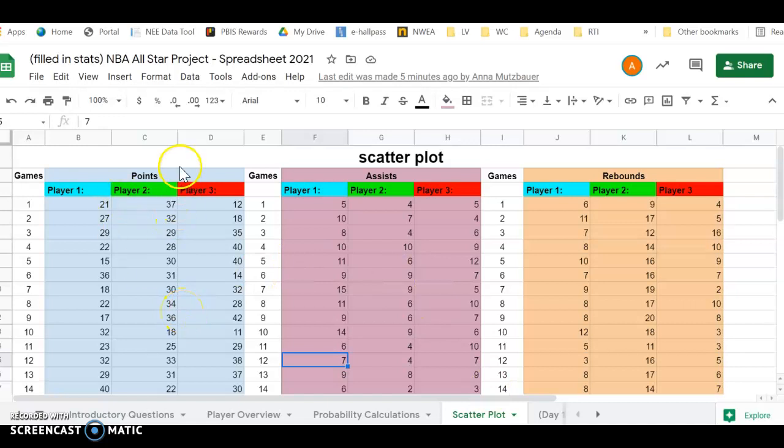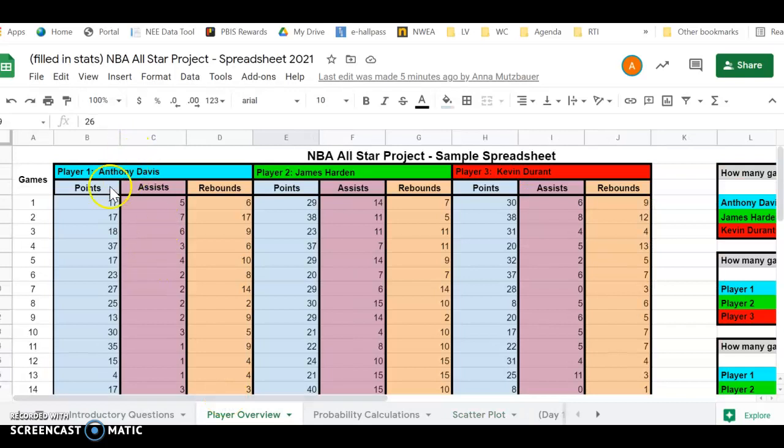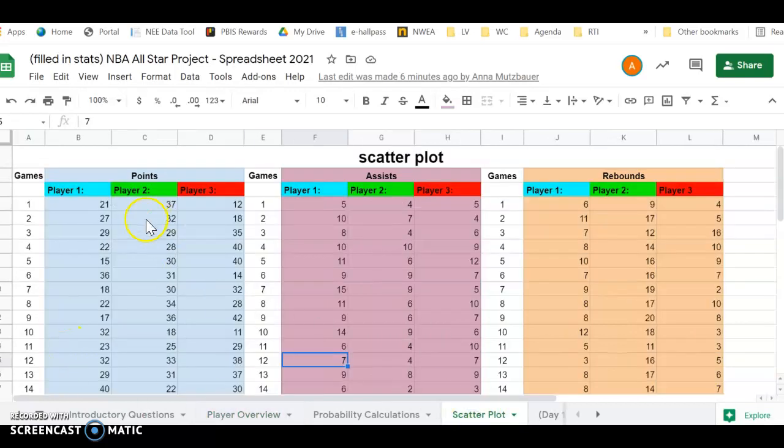The only difference here is now everything is organized by points, assists, and rebounds. So in your player overview section, we had it by player. So the first 3 points, assists, rebounds were Anthony Davis, then we had James Harden, and then we had Kevin Durant. So now we have it by player,